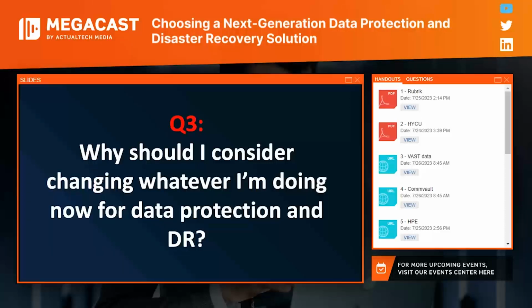Perhaps there is a cost decrease that might even be possible in some cases. And of course, you want to future-proof your data protection and DR systems to make sure that you stay ahead of potential risks. You don't want to be using some outdated legacy data protection solution.